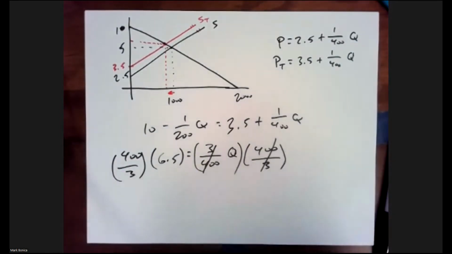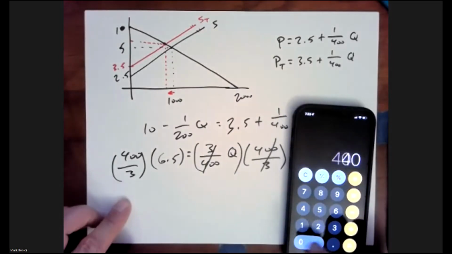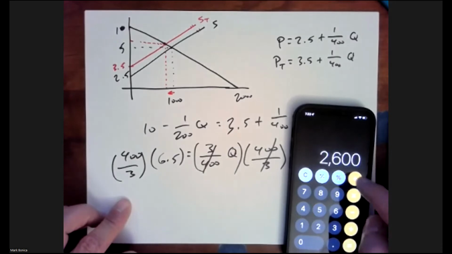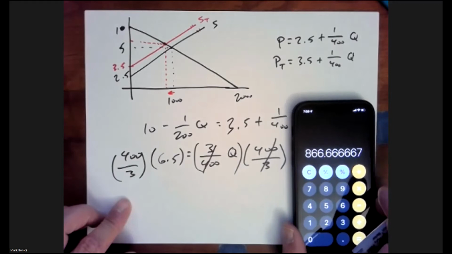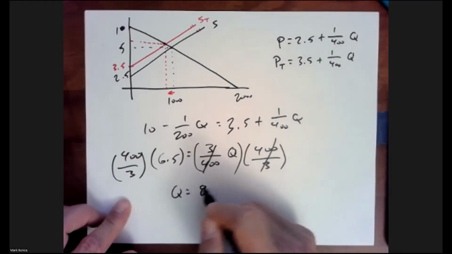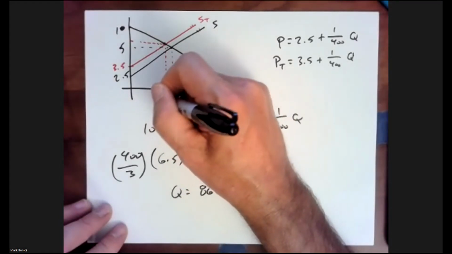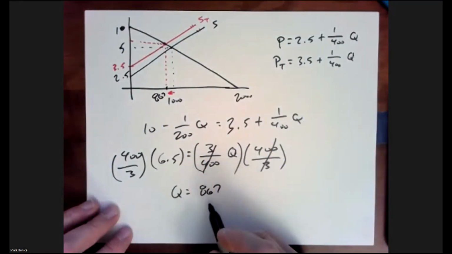I'm back here. 400 times 6.5 equals 2,600 divided by 3. I get 866, dot, dot, dot. So let's just call that 867. So the new Q is 867. That's this, right? And then my new price